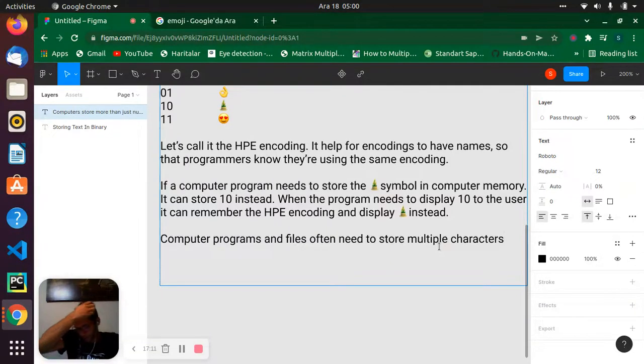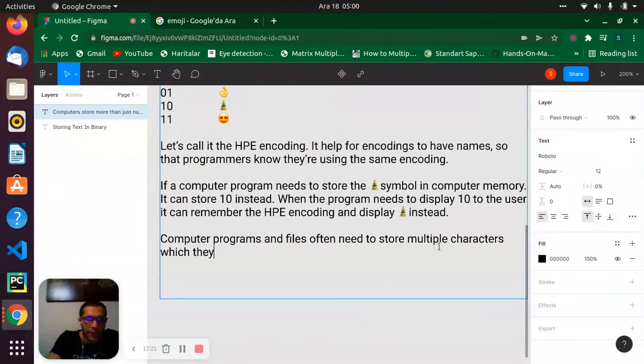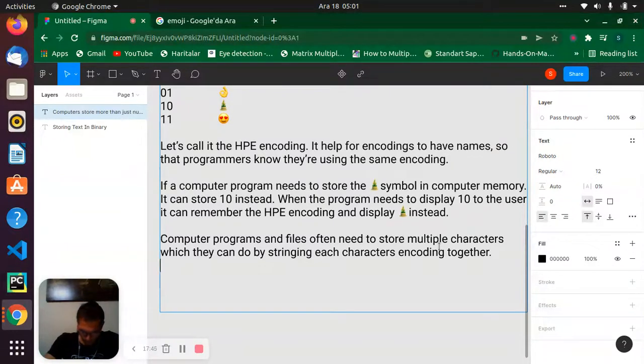That's true for communication, I mean, which they can do by stringing each character's encoding together. Yes, this is the important point. All we will process together.